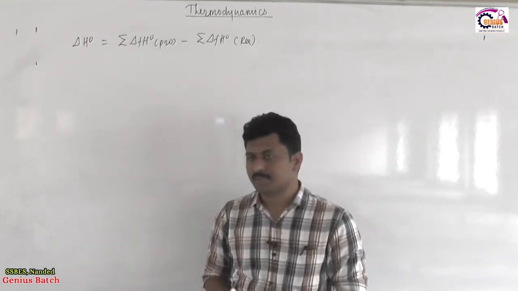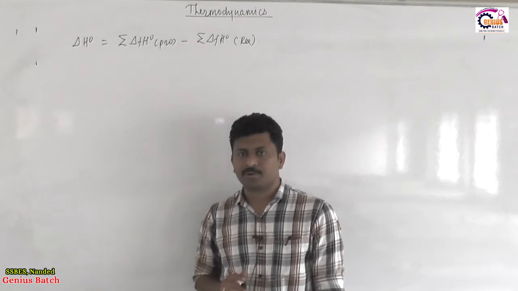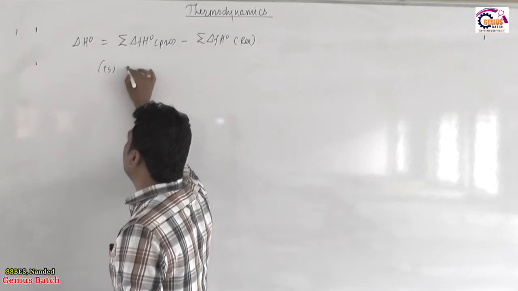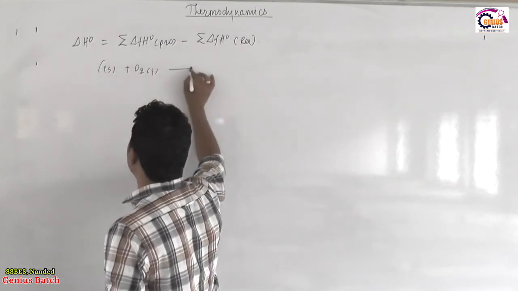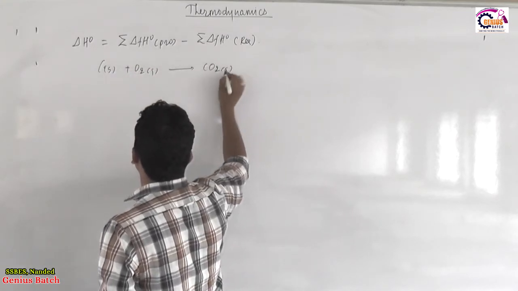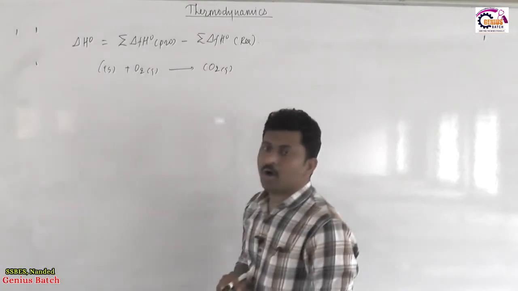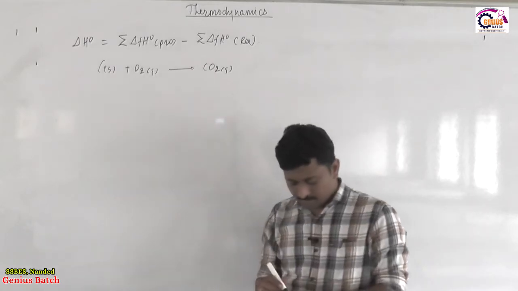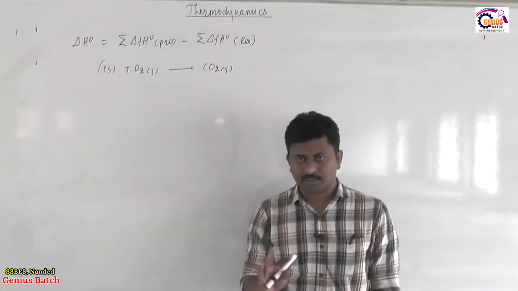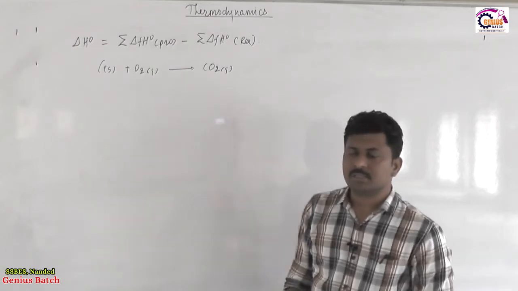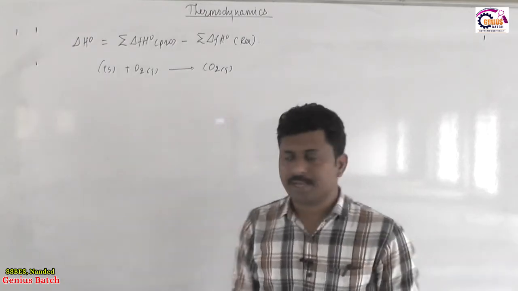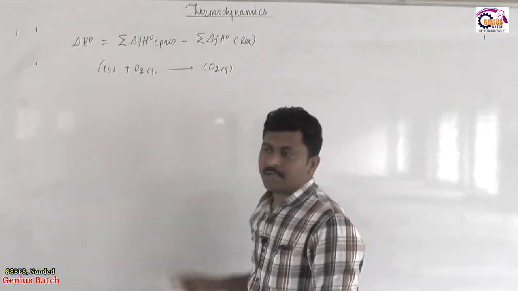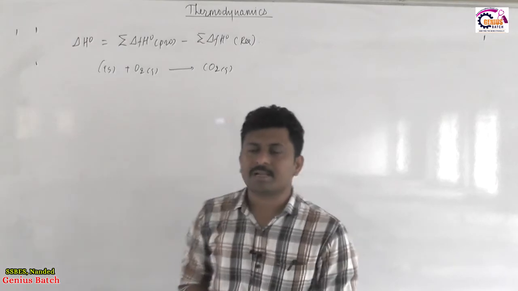So for that we would see something in relation to the allotropic state of the substance. Now suppose solid carbon is mentioned, which combines with O2 gas and converts to CO2 gas. Whether the equation is standard or not, that is the question. It is clear that solid is the standard state of carbon, which generally exists as a solid. Oxygen generally exists as O2 gas, this is also standard. Carbon dioxide is a molecular gas, so it is also a standard state.